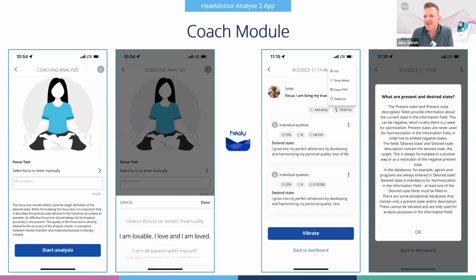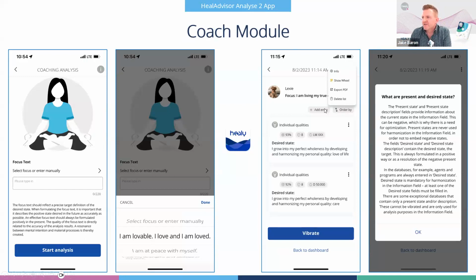Oh, yeah, coach module. I think as far as ease of use, the changes to the coach module might be the biggest change of how things are displayed, because the coach module is so much information and so much customization that you can do, and now it kind of guides you through the whole process. And you'll see you can enter your focus manually, or there's pre-populated ones that you can pick from as well. There's several that you can scroll through.